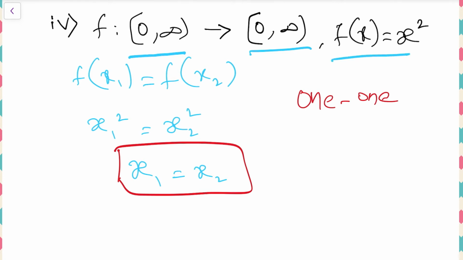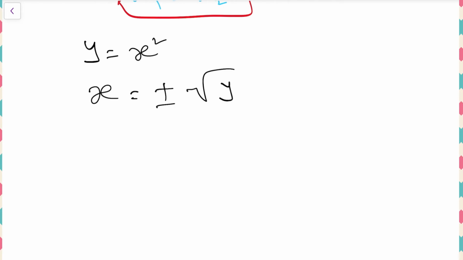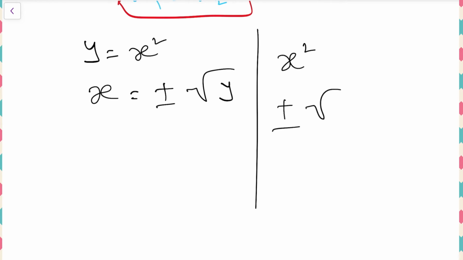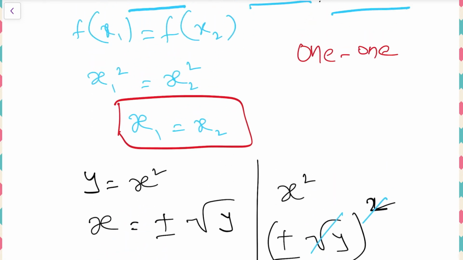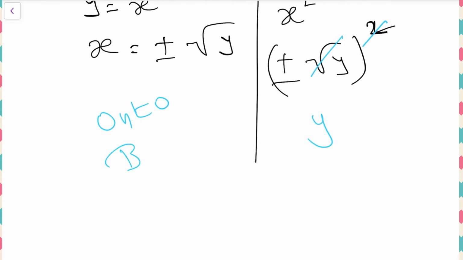The given function, that is x square, make it equal to y. Y equals x square, then x is equal to plus or minus root y. This x value we need to substitute in the original function, that is x square. In the place of x, plus or minus root y whole square. For plus also if we do squaring we will get plus only. For minus also if we do squaring we will get plus only. Square root and square will get cancelled, so remaining is y. If the final answer we got is y, then this is an onto function. This is a one-one function as well as onto function, so this is a bijection.